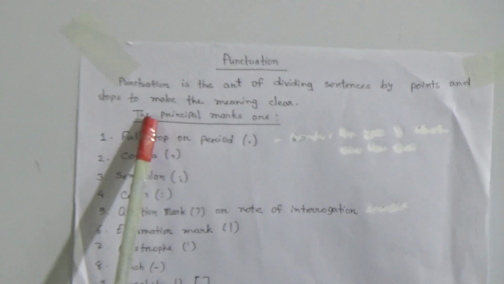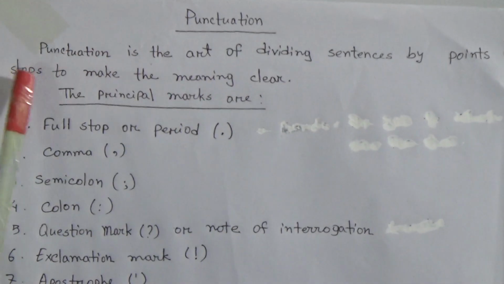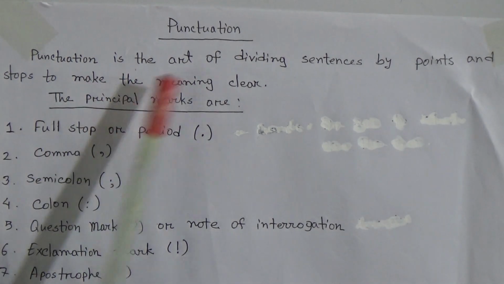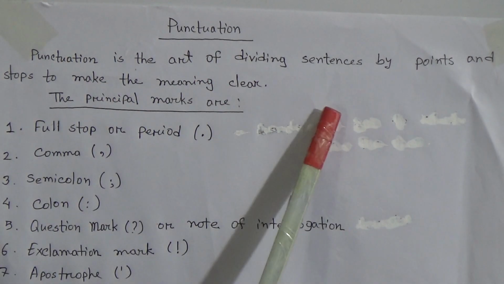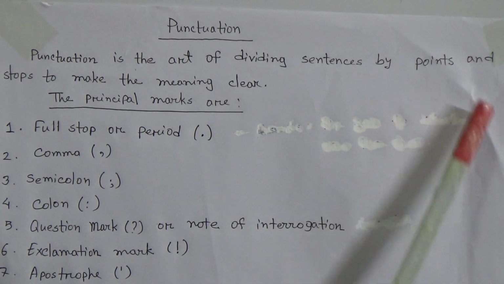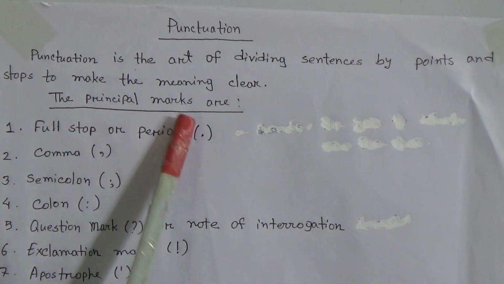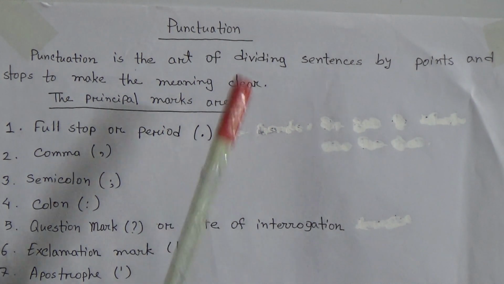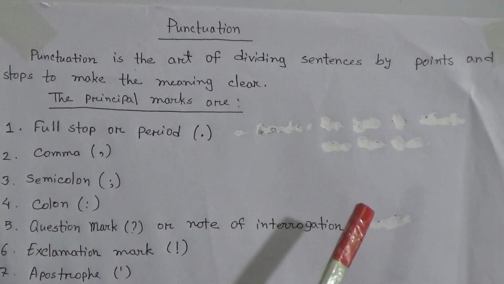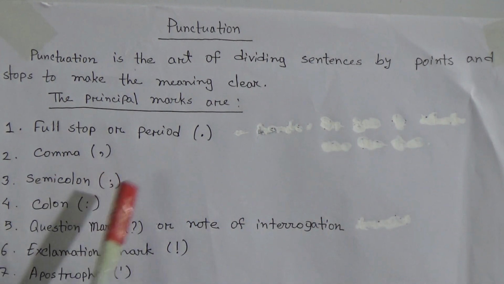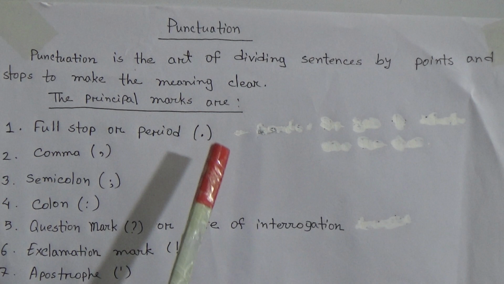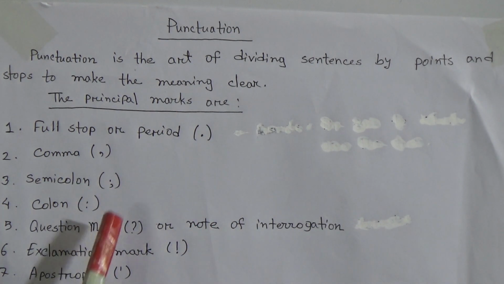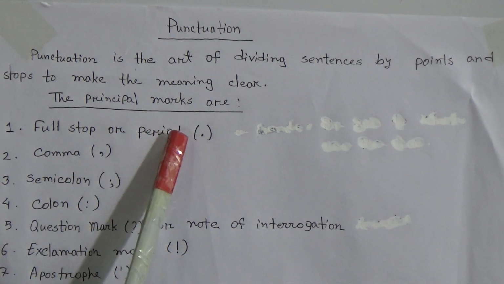At first, I have written here about its definition. Okay, at first you have to know what is punctuation. Punctuation is the art of dividing sentences by points and stops to make the meaning clear. So dear students, what is punctuation? It is the art of dividing sentences by points and stops to make the meaning clear. Okay. If we learn about its classification, then we will see that the principal marks are: